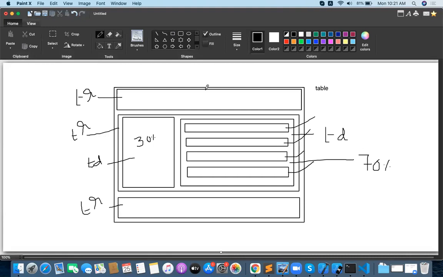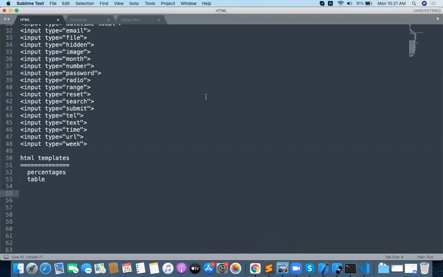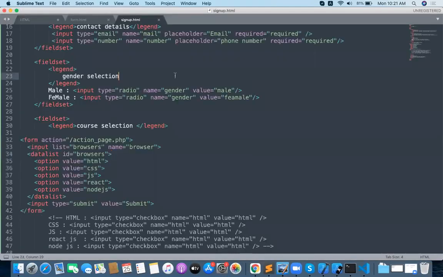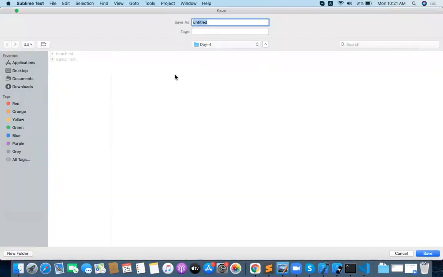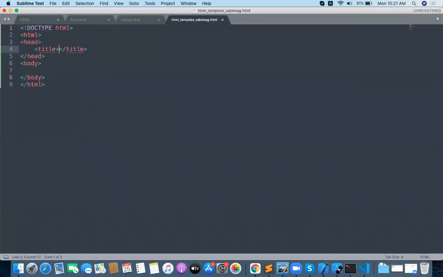Let me go with a simple template, a table template, HTML template with a table tag, as a dot html file. This is the simple template I'm going to design for you. Let me take a table tag.